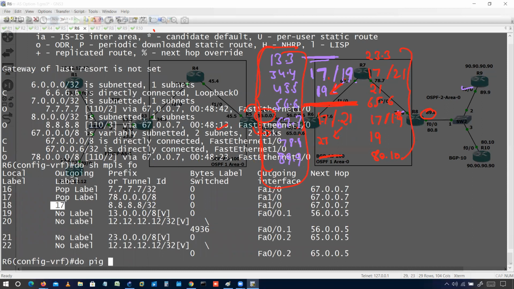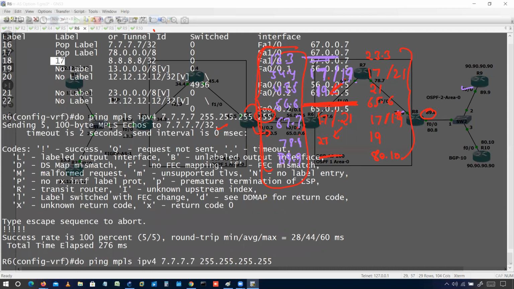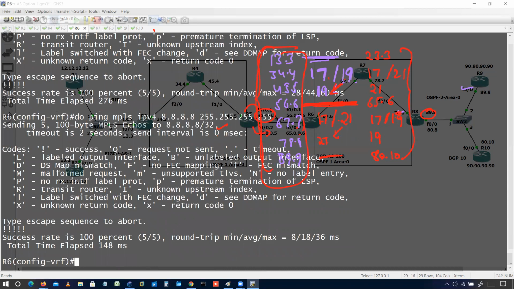Do ping MPLS IPv4. The MPLS core is fine because the first trace from the first customer to the second customer is fine. Even the MPLS string is fine. We do have some issues in the import export, I think.